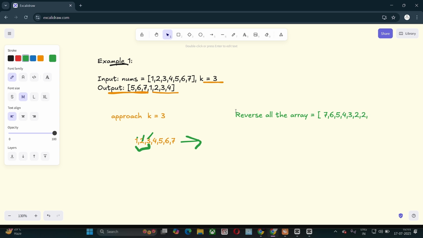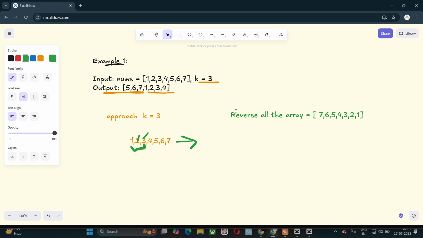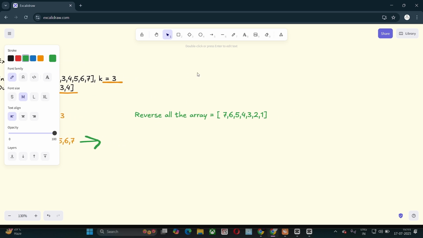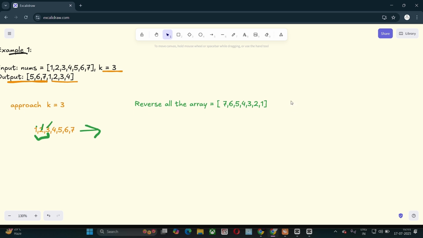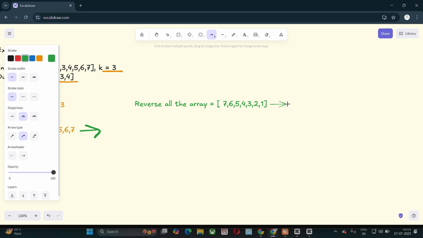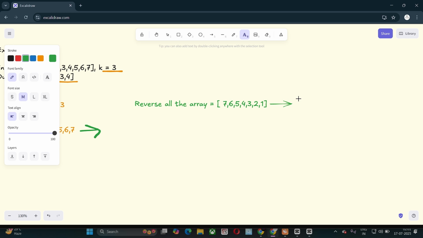So in step 1, we reverse from 0 to n minus 1. What is our 0th element?